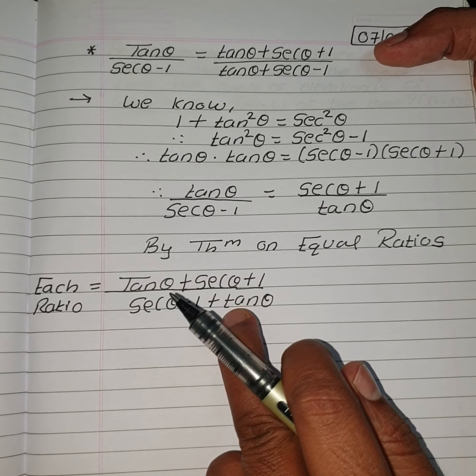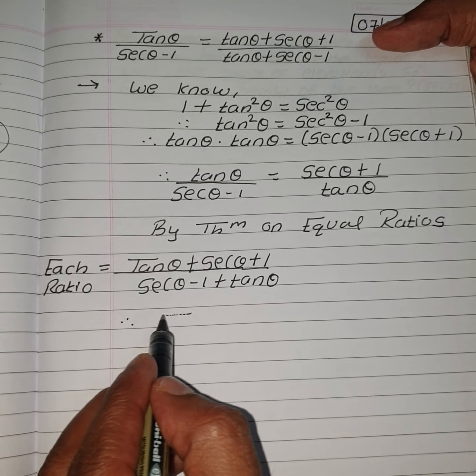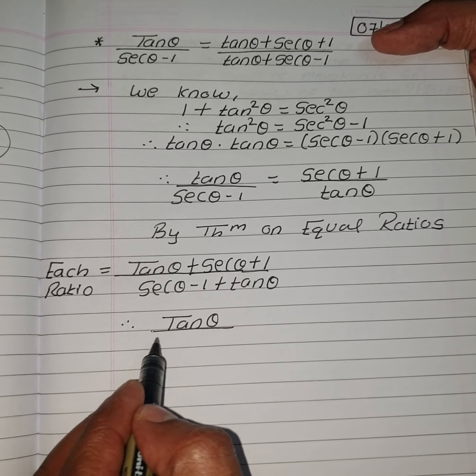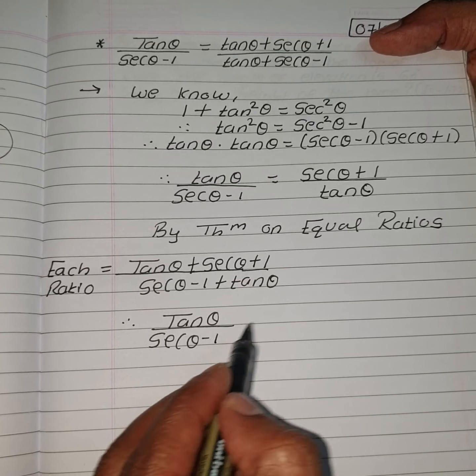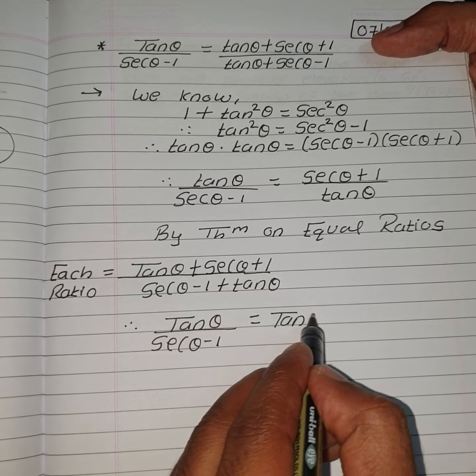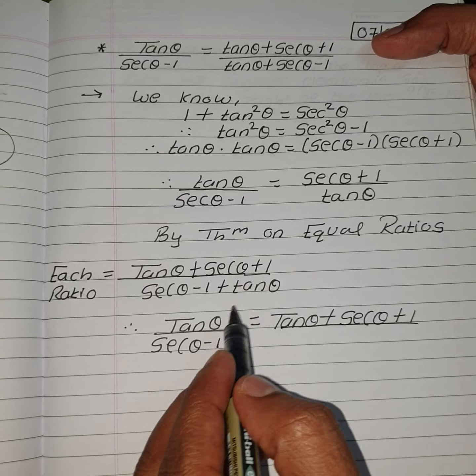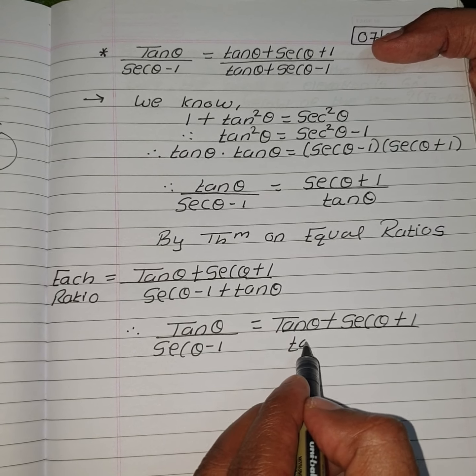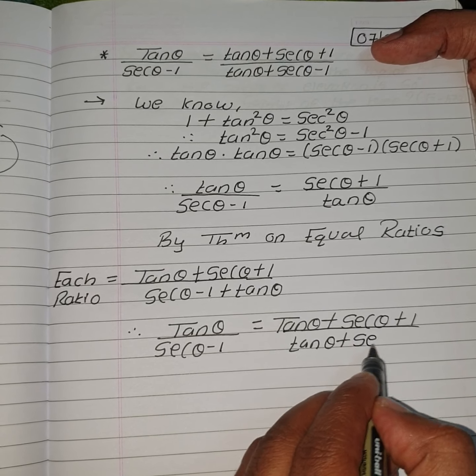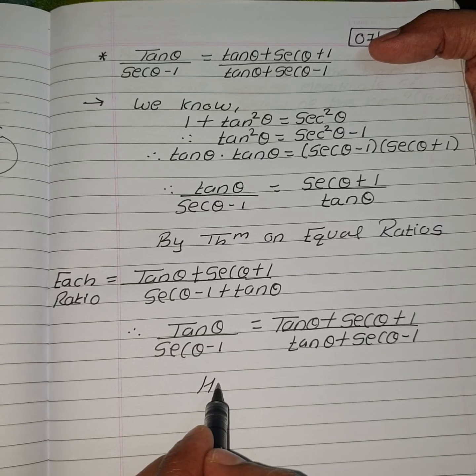Now if you observe, this is our right hand side, therefore I can say that tan theta upon sec theta minus 1 is equal to tan theta plus sec theta plus 1 upon, let's rearrange the terms, tan theta plus sec theta minus 1. Hence